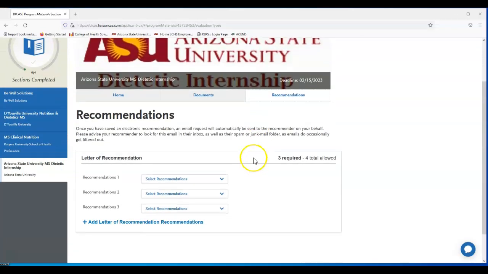And then recommendations. This program wants 3, and it doesn't indicate the type, meaning there's no delineation that it has to be all academic, professional, or a mix, so you can choose what recommendation letters you think would best suit you for this particular program. Okay? 3 are required, but you can actually do 4 if you'd like. So if you want to add an additional one because you have 4 good people who can provide letters of rec and you don't want to have to decide who to cut, you can just include all 4.